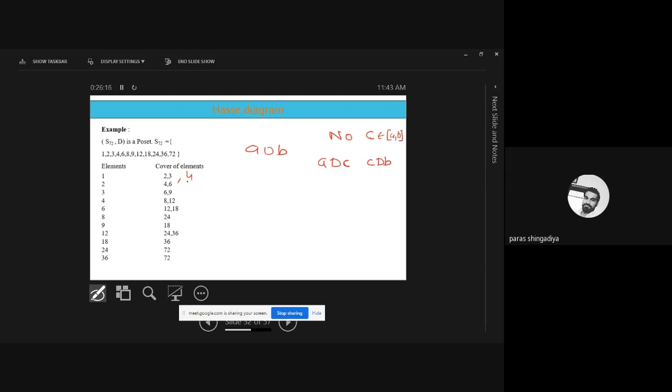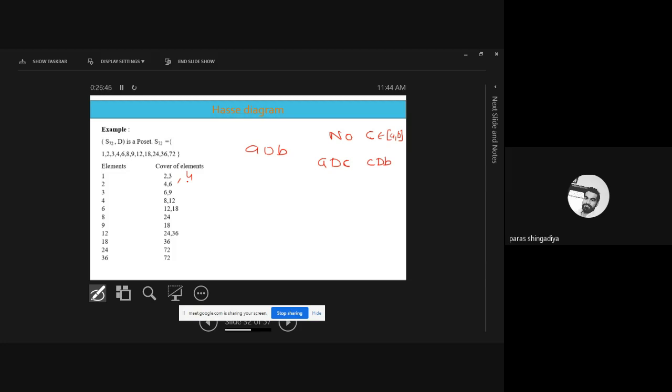Okay. After 4, 6 is there. So 6 is also not an answer. क्योंकि 3 के साथ उसको कनेक्ट कर सकते हो आप, ठीक है? 1 divides 3 and 3 divides 6. Clear? 8 is also not an answer because we can connect with the 2, that 1 divides 2, 2 divides 8. Clear? After that, 9 is also not an answer, which is divisible by 2 as well as 3. Okay, 12 is also divisible by 2, 18 is also divisible by 2 and 3 both, 24 is divisible by 3, 36 is also, and 72 also.